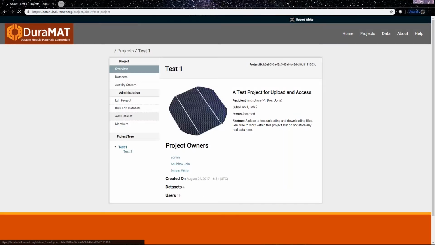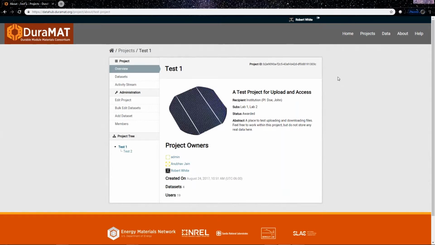And I want to mention that also everybody, if you're part of the DuraMAT team and you've got your login credentials, we're going to go ahead and give you automatic membership into the test project as soon as we can. That'll allow you to at least upload or download or do whatever you want without dealing with a real project, in case you just want to test what you're doing, see how well it works. We've got several of you in there now, but I don't know that we've got everybody into the project just yet. And under the data sets,